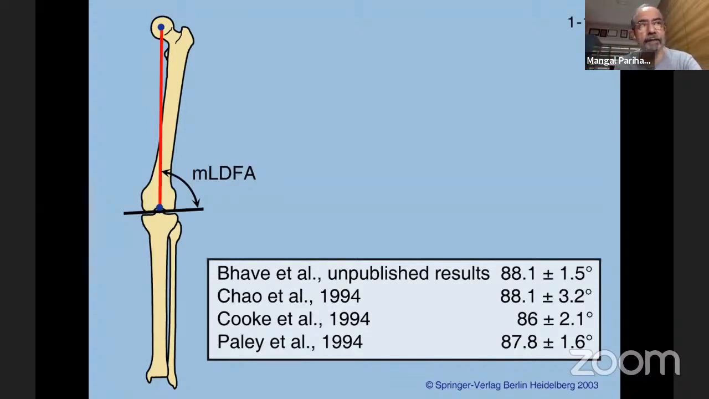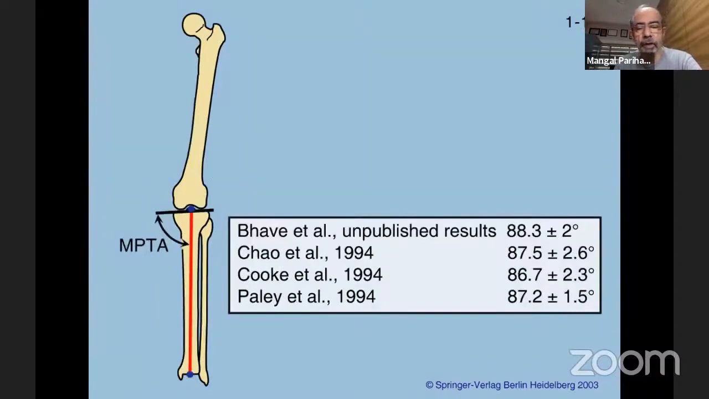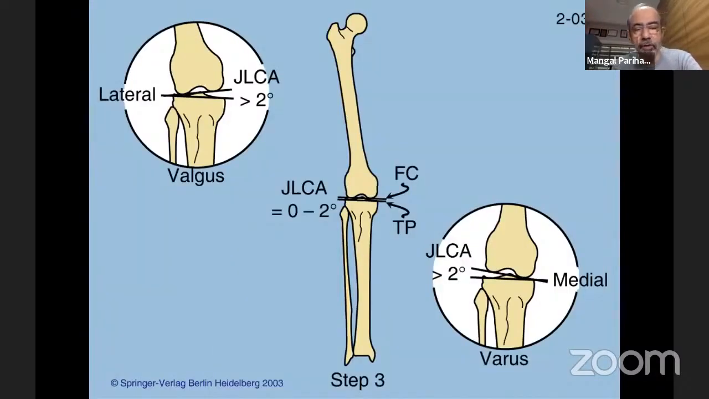And this LDFA is preceded by lowercase m, which signifies that this is a mechanical LDFA, to differentiate it from an anatomic one, which is an aLDFA. So this is normally 88 degrees. Anything more than 90 would be counted as abnormal, right? So MPTA we already talked about, but you also have to look at the